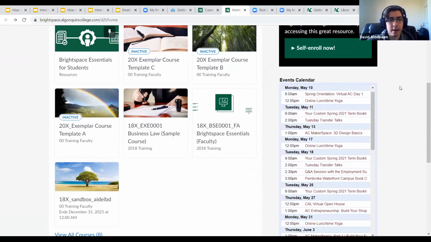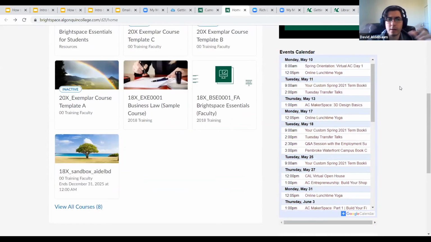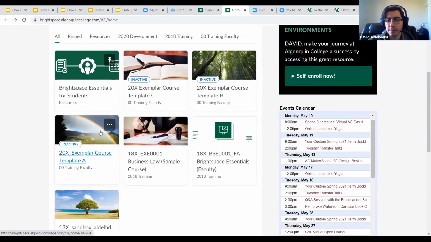Basically a calendar with just either fun or educational events that Algonquin provides. They should be all online, and I think most of them are free, so I highly recommend checking them out. And we kind of continuously update this throughout the year, so I recommend keeping an eye on that. Those are our main important parts for